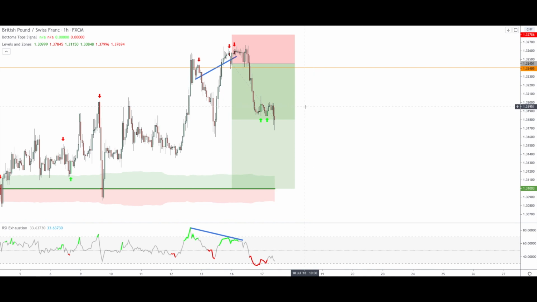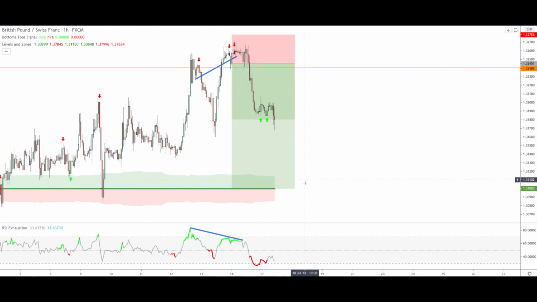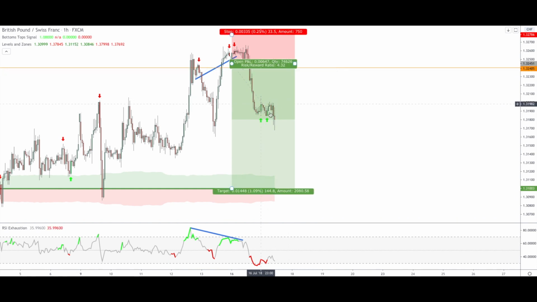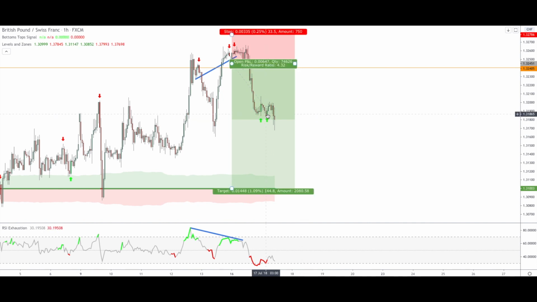First reason is that I believe that our initial analysis is totally correct. So I still believe that the price will come down to this level, and I also was at break even already, so I am safe enough to sustain this kind of price action. Moreover, if you look closely, the second bottom is actually a bit lower than the previous bottom. So this means that, I mean, even if we have some